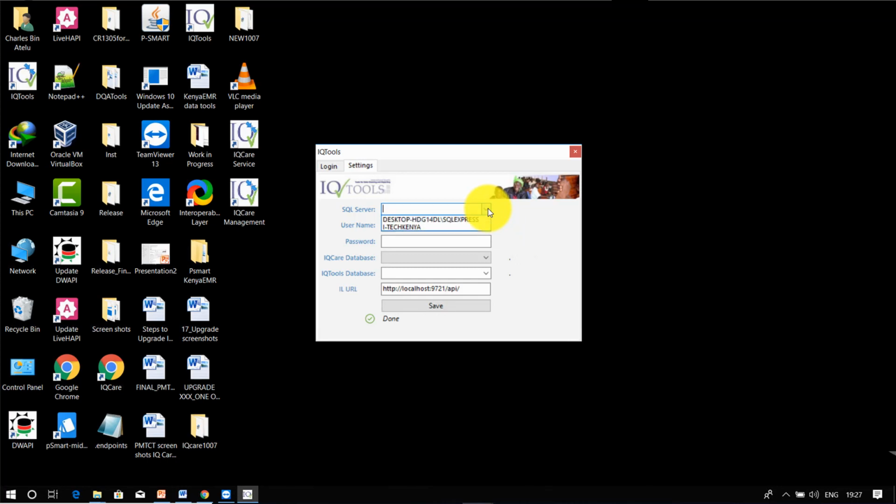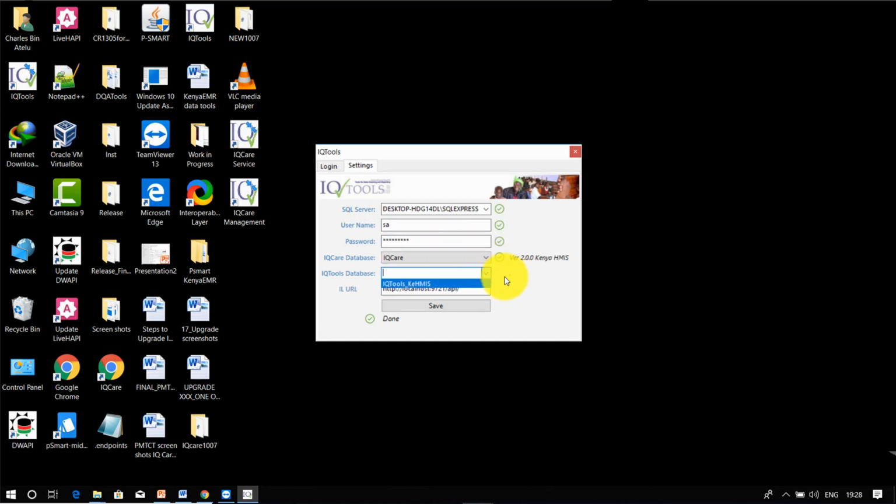Select our SQL server, which is .\SQLExpress. The username to our server is SA. The password is Constellar, with a 0 and 1.